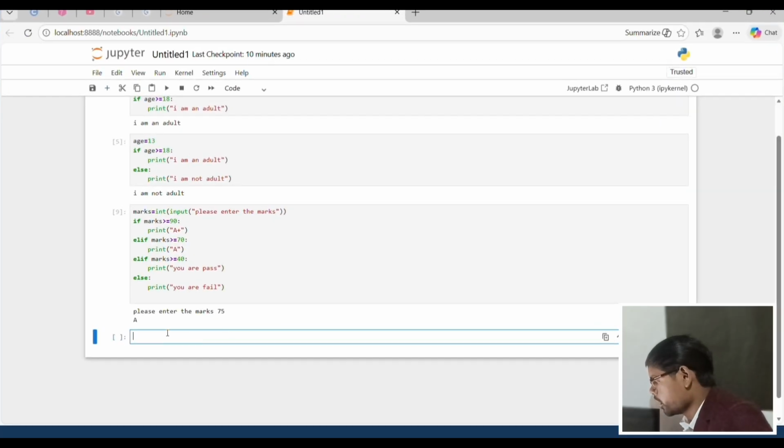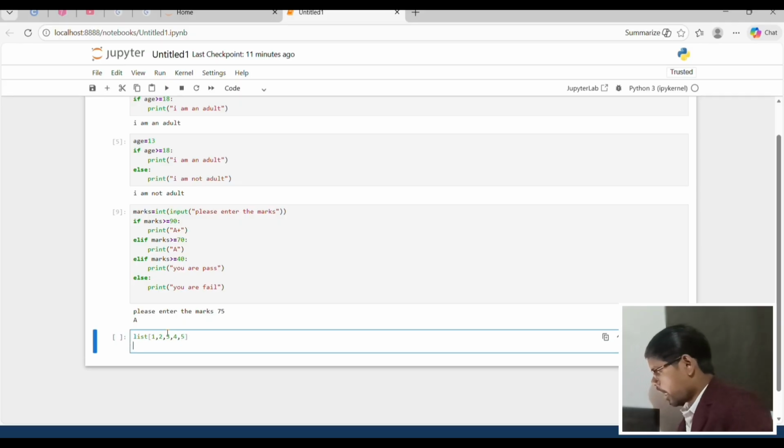A while loop runs the line while the condition is true. Now the practical. First, the for loop. Print the list 1 2 3 4 5, and then I print each number. So use for with one variable, the name is list.